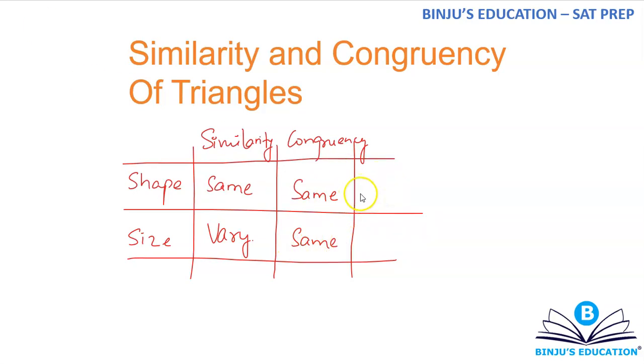Or in other terms, you can say that one triangle is mirror image of the other triangle. So when we talk about congruency, that basically means that one triangle is mirror image of the other triangle. That is, you have the same shape, you have the same size, or the proportions of side is basically equal to 1. This is what is meant by congruency of triangles. Now what we'll be focusing upon is similarity. Similarity is more than sufficient for us to solve the questions in our exam. Okay, so let's get started.